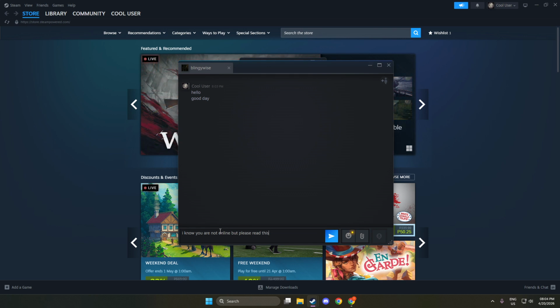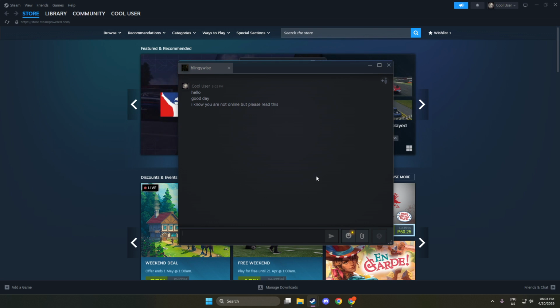Open the Steam app, click Friends and Chat to bring up the chat window, open your friends list, select a friend, type your message, and press enter. With these basics, you can reach out to teammates before a match, say hello to friends, or coordinate your next co-op session quickly and reliably using Steam Chat.